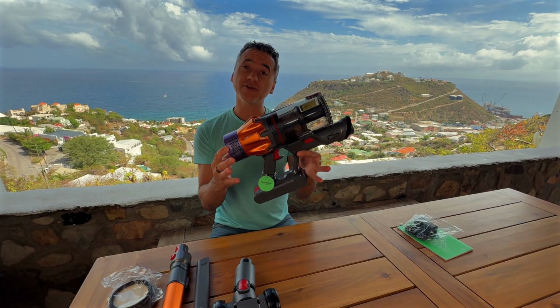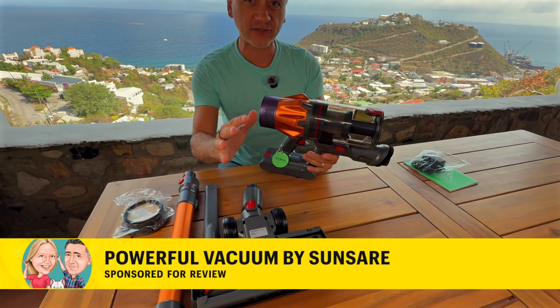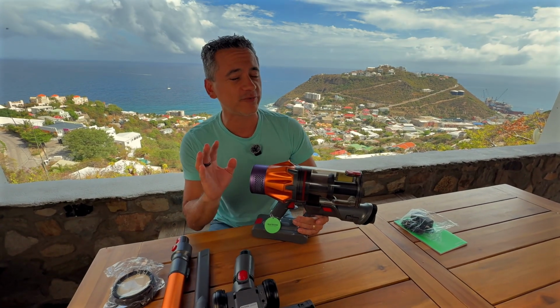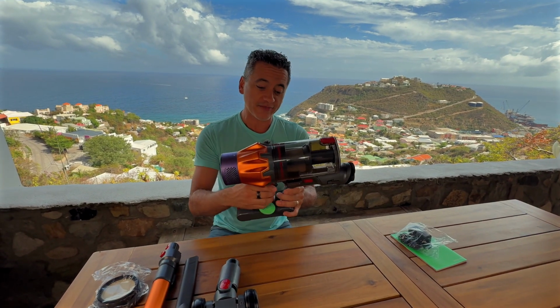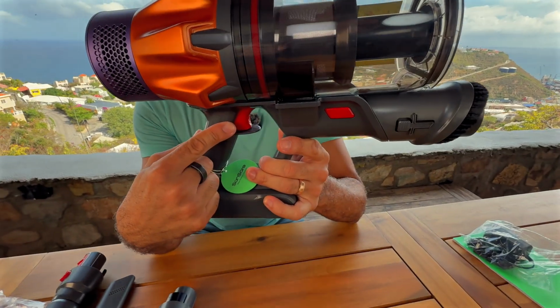Let's talk about this vacuum by SunSera. This thing is really cool. Small package, which I really like, but I've talked about a few features that I really enjoy about this one. So the first one, and I'm going to jump right to it, is the trigger button, because I have seen